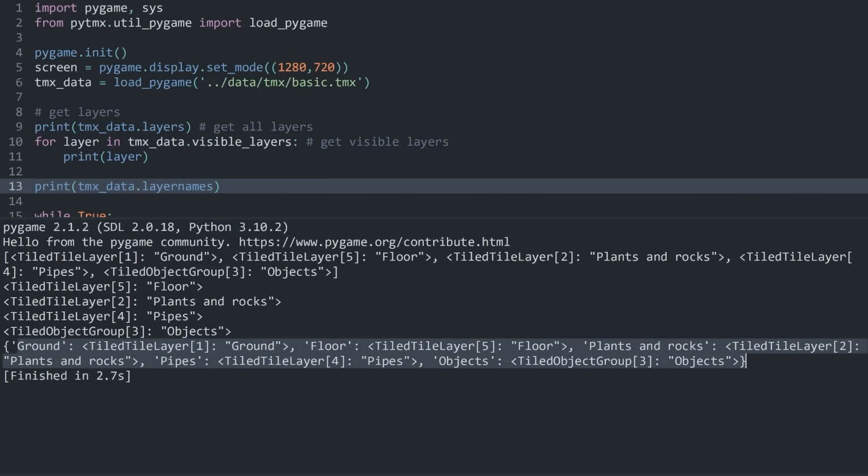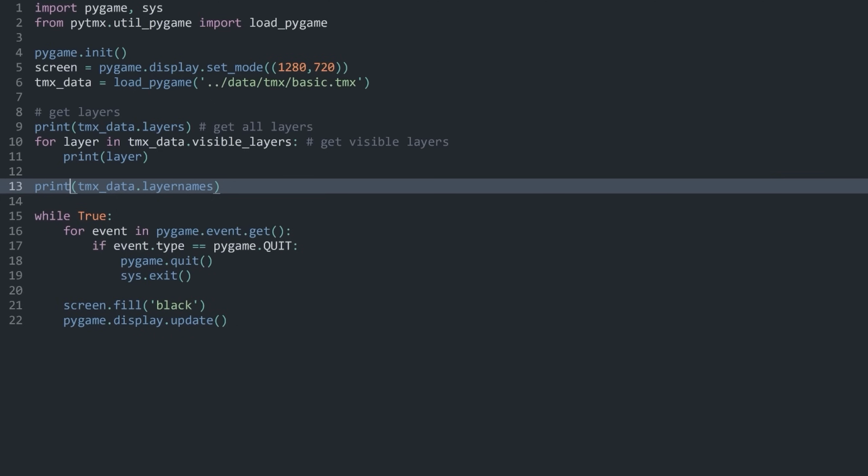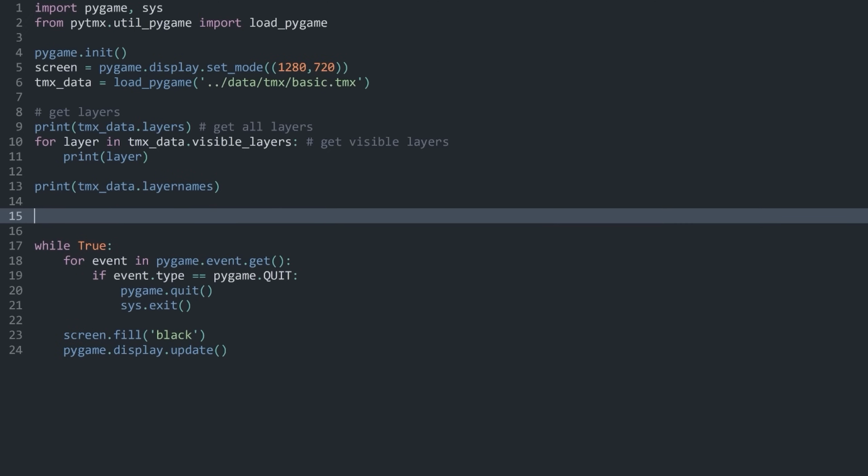Although this time we are getting a dictionary, this one is fairly similar compared to all layers. There is quite a bit of redundancy in here, so I'm not going to cover it in too much detail. There's one more I do want to cover, and that is